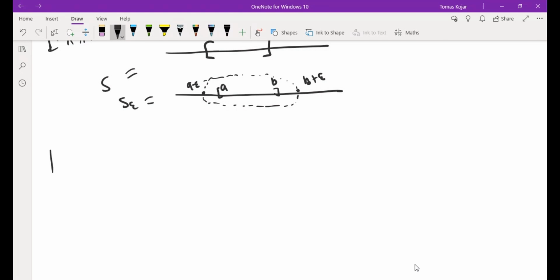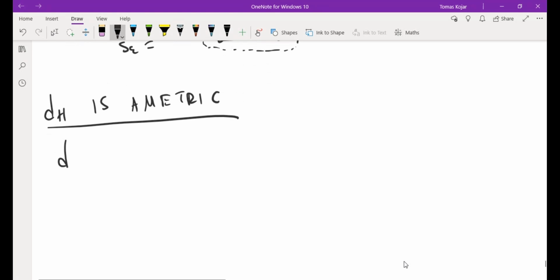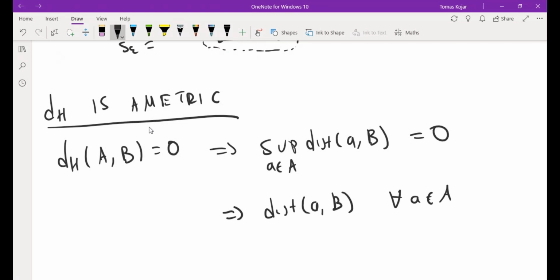Let's prove that this is a metric. Suppose that dH of A, B is 0. So that means that the sup over a in A of the distance from a to B is 0. So the distance from a to B is 0 for all a in A. So A is in B, because